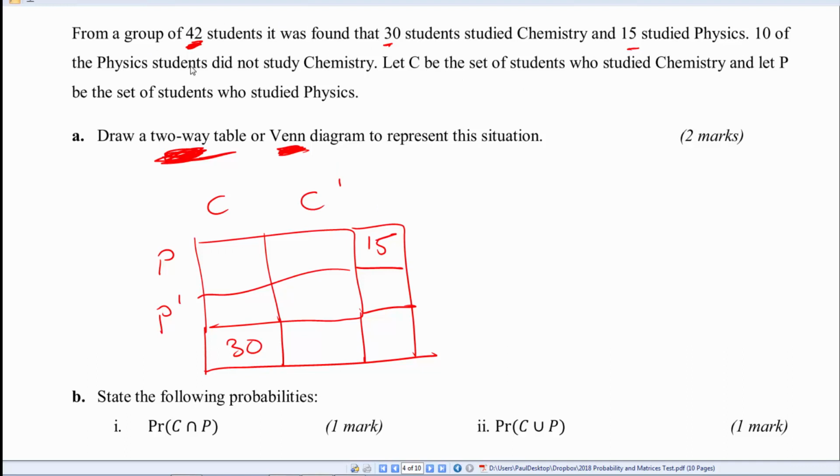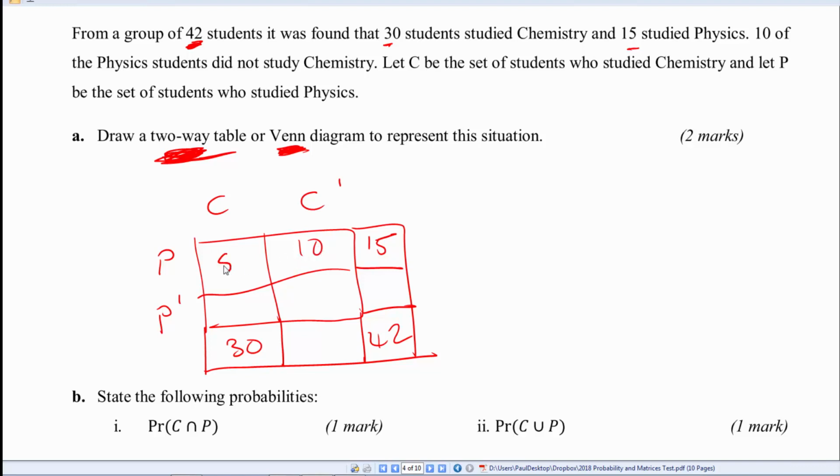10 of the physics students did not study chemistry. So that's physics and not chemistry over here. That's that one there, and that is going to equal 10. Alright, so the other thing we know is this one is 42, and now the fun part begins, because